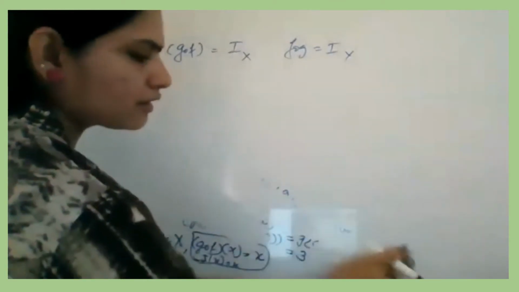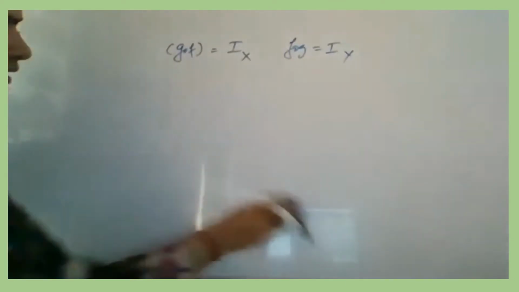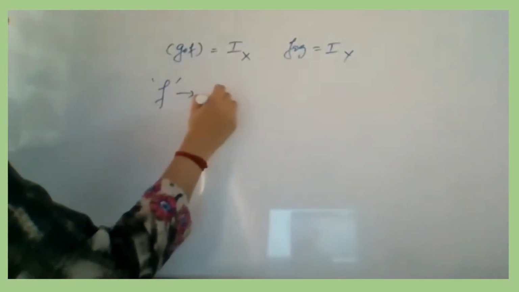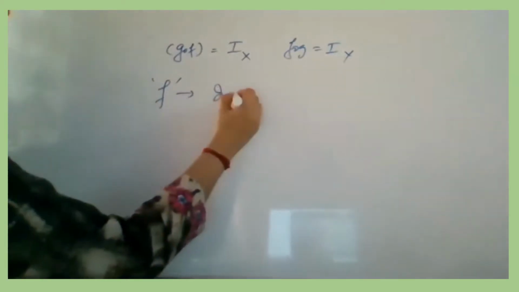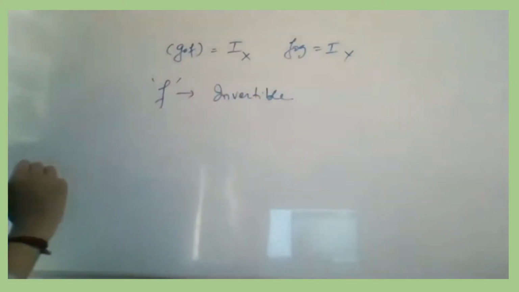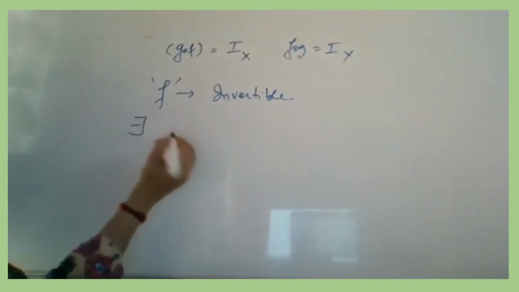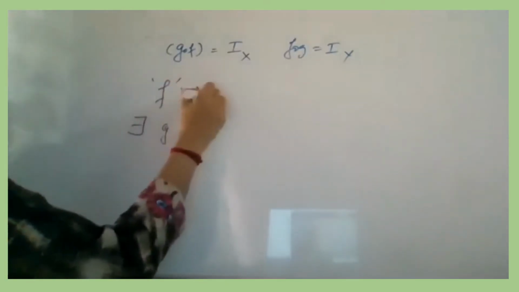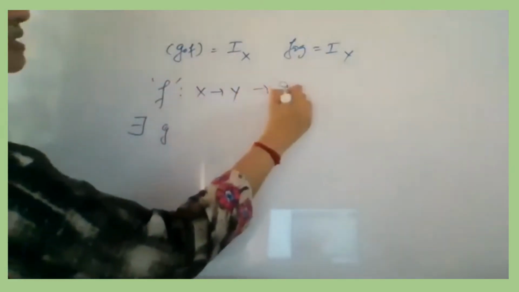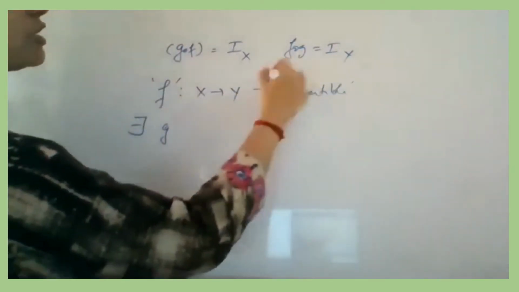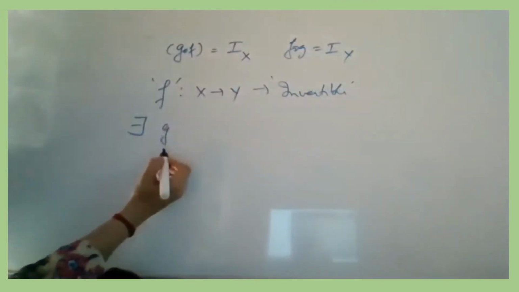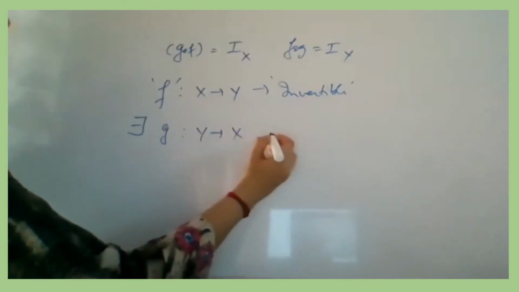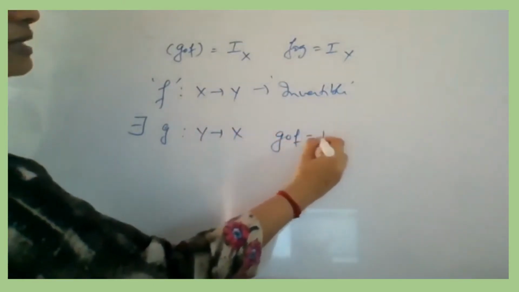Okay, I will tell. You have two cases in which you can define the invertibility of a function. Suppose you have a function f, and I have to say that this function is having an inverse, or this function is invertible. Then I have to find there exists a function g, because f is taken from x to y, and I'm saying that it is invertible. Then I need another function g, which is from y to x, in the opposite direction, so that the composition should give me I.